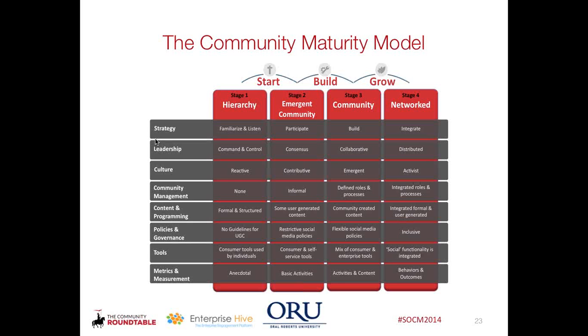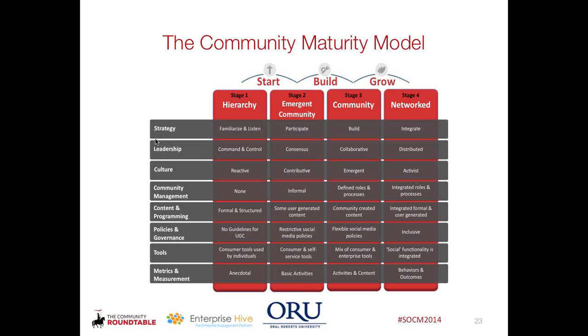And then in the first phase, you're really concentrating on things like strategy and community management and tools so that you can get the basic building blocks together to launch. And once you've got that initial launch, then you layer on content and programming, policies and governance. You start tracking metrics of success. As you grow, you start building leadership and training programs for everybody so that they really understand how to maximize the use of these communities.